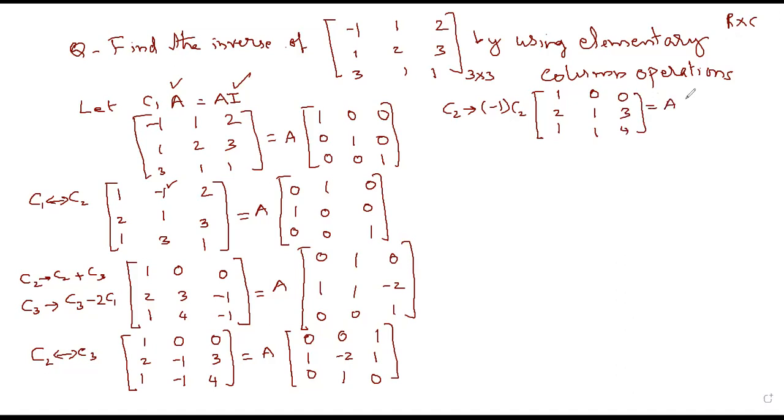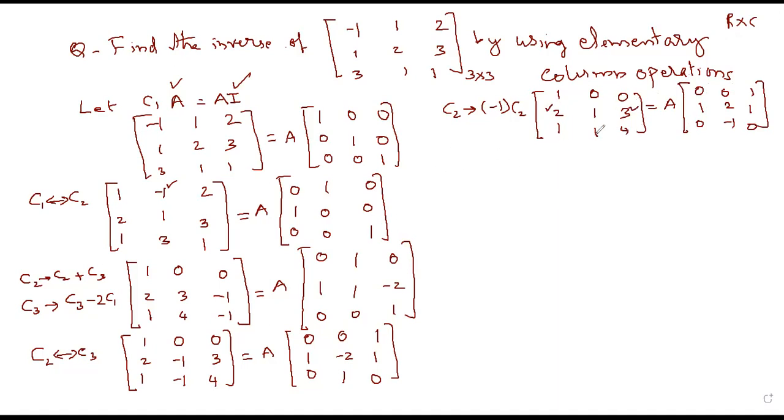Similarly here also multiply the second column by minus 1. So first column 0, 1, 0. Second column multiplied by minus 1, 0, 2, and minus 1. And this is 1, 1, 0. Okay, got it? Now we got 1. From this 1 we will make here 0 and here 0.